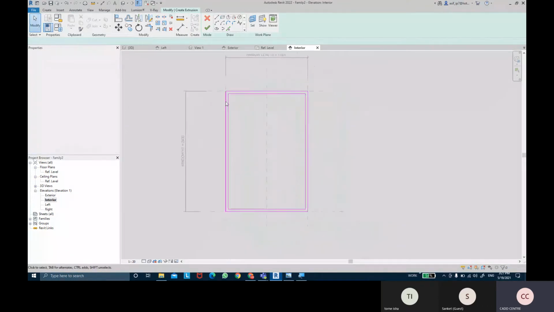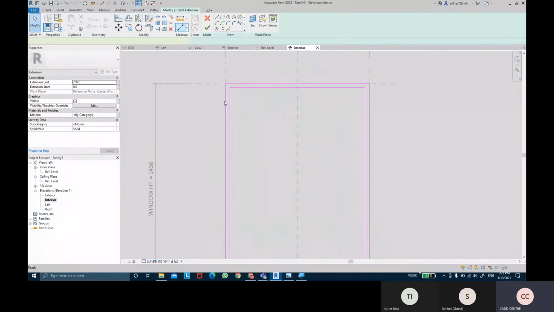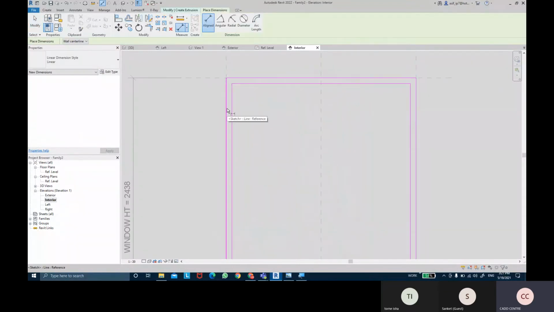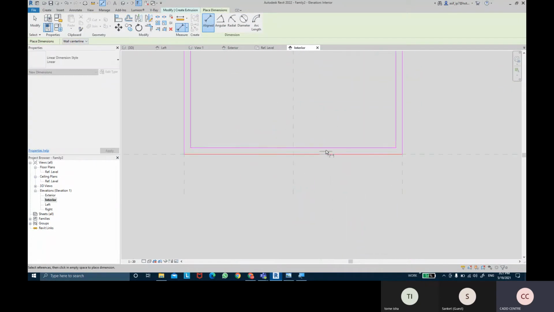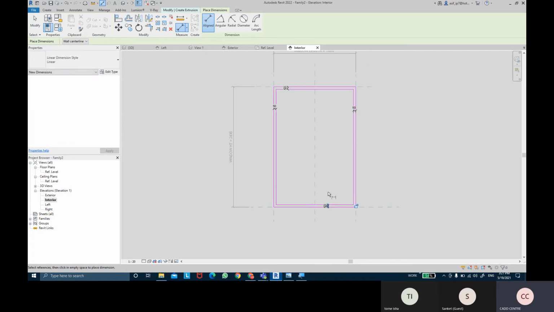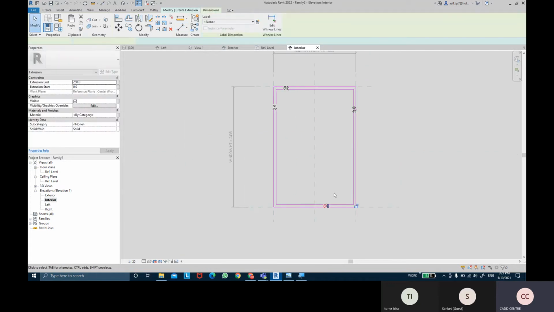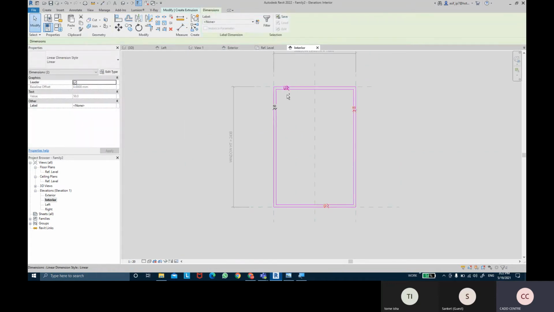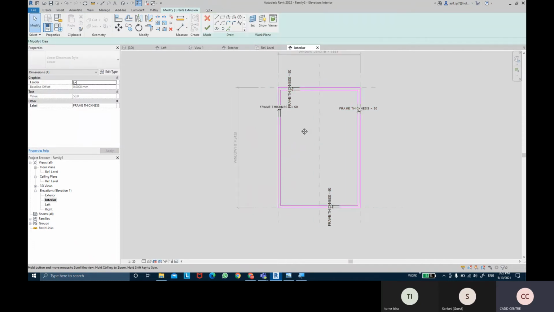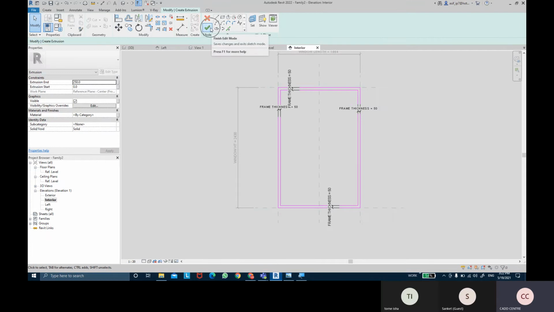So, okay, and I can even give these dimensions from the external sketch line to the internal sketch line, external to internal, external to internal, and external to internal. And I can label these as frame thickness, select 50 mm, and provide the same parameter, frame thickness,